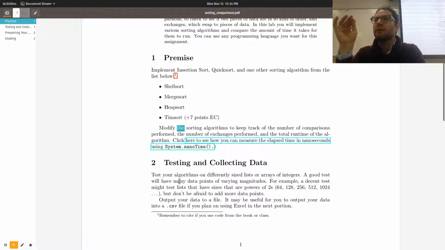So basically what you want to do is get a pretty large data set. Once you have your sorting algorithms, you want to make a driver of some kind that creates random arrays of certain sizes, 64, 128, and so on and so forth. Make them bigger and bigger and bigger. In fact, you could probably go well above 1024. In fact, I highly recommend you go well above that number.